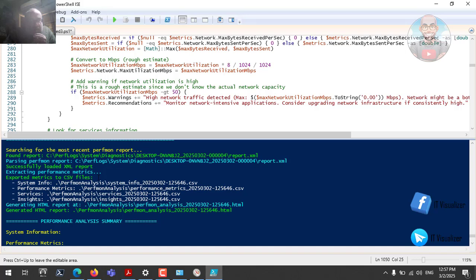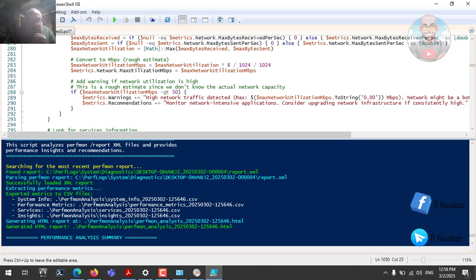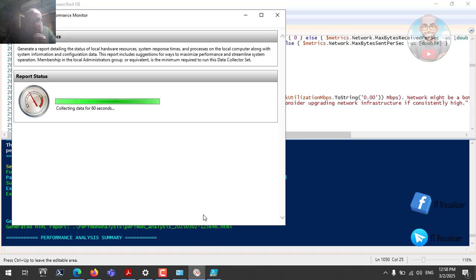Let me see where he saved all of these. Okay, so searching for the most recent Perfmon report. Okay, Perfmon loaded. So I think this is still not finished, so I think there is no data